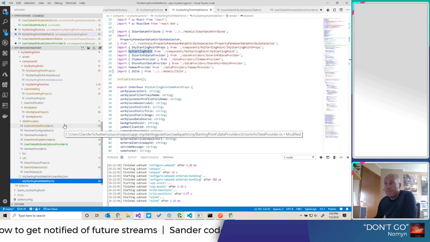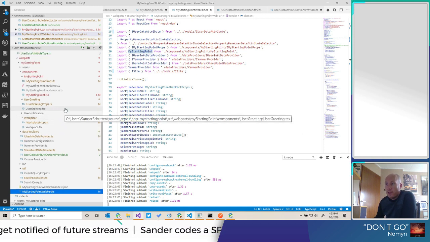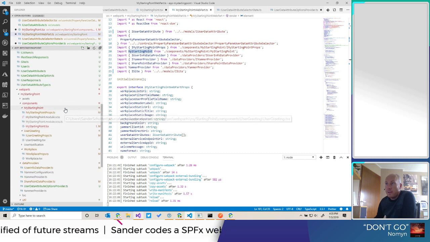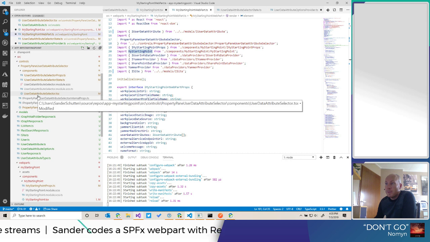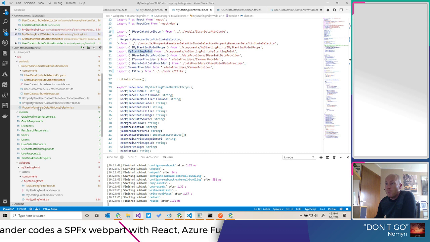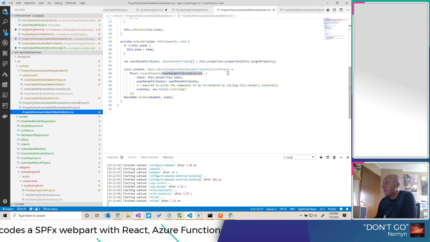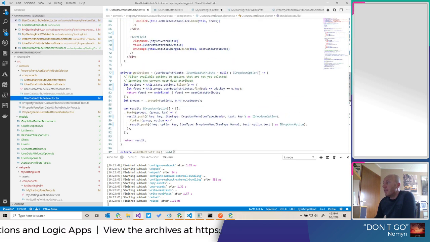Since last time we were looking at the selector. Remove the property pane. And this is using user data attributes into the selector.